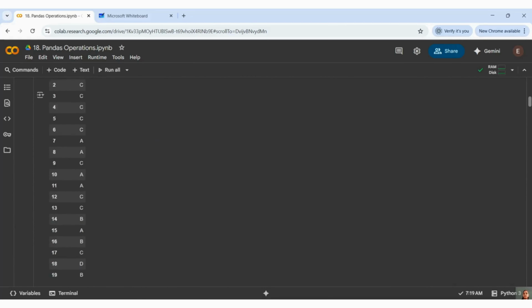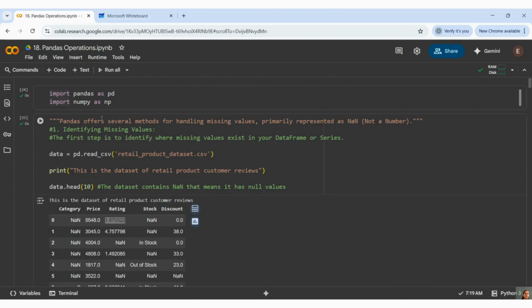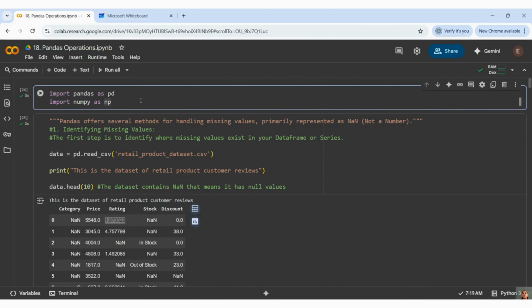So with this, we have completed some additional methods or operations, and you can do it the other way around too. There are so many methods. This is one of the methods to handle null values and to handle errors. We will understand further topics in our upcoming videos.